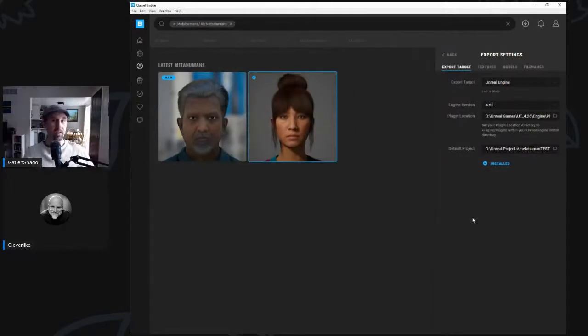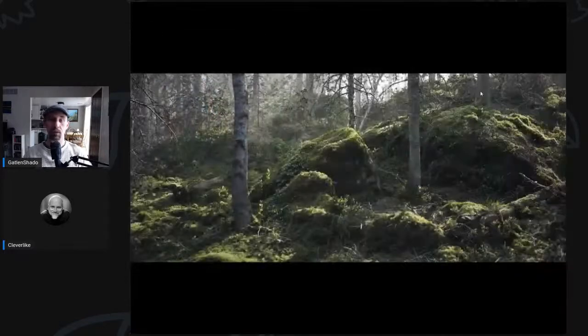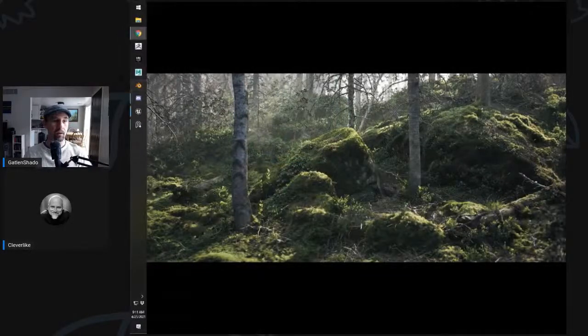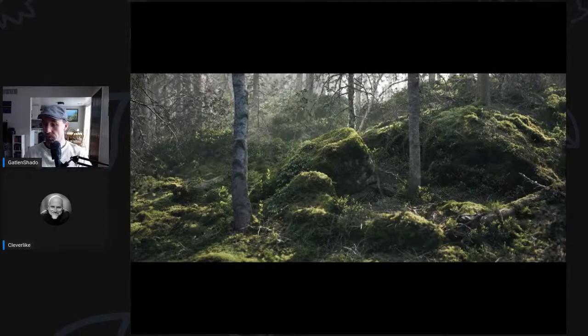So a couple of things you've got to set up before we can actually do anything, which is important. Like I said, when you export these out, expect it to take a while. It just will. So there's that. Let's go ahead and get rid of that. Actually, I don't even need Bridge anymore. Let's just save up some resources. Okay, so then let's go over to the Unreal Engine. There's a couple things that we need